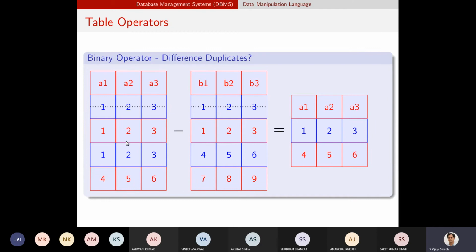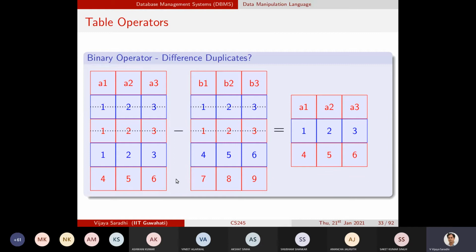Now the new table A is this one, new table B is this one. We will remove that also. I am just saying it for the example's sake. Now whatever results, you repeat this operation. Now you ask whether 1, 2, 3 is part of table B. No, so you place 1, 2, 3 in the resulting table.